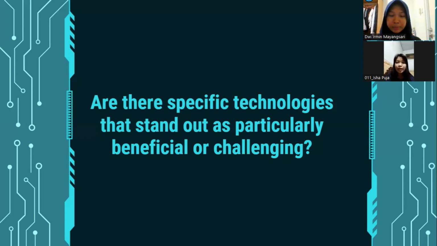The second one is assistant for language learners. Machine translation can aid language learners by providing quick translation, helping them understand foreign language texts, and offering insights into vocabulary and sentence structures. And the third one, or the last one for the beneficial aspect, is the global communication. In a multilingual classroom or online setting, machine translation can facilitate communication between students who speak different languages,